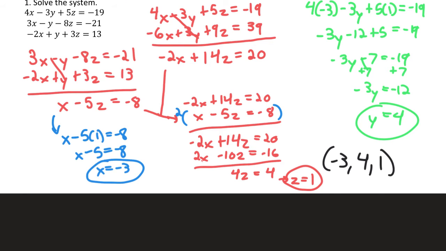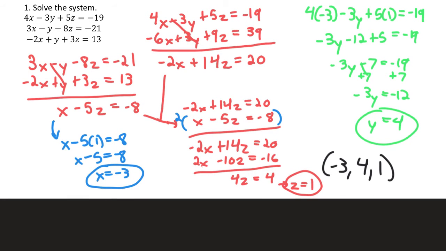All right, so this guided practice, there's a lot going on. What I want to explain is how I started. I started by looking at equations 2 and 3 because they have negative y and y. So in my first step right here, I eliminated y because all I had to do was add them together. I got x minus 5z is negative 8. Then I chose to eliminate y using two other equations. The next time, these two equations up here,